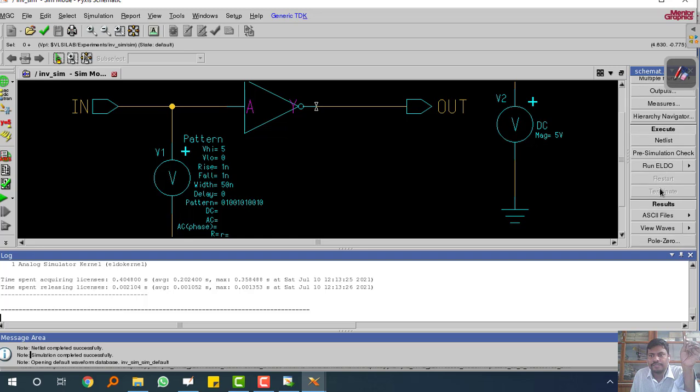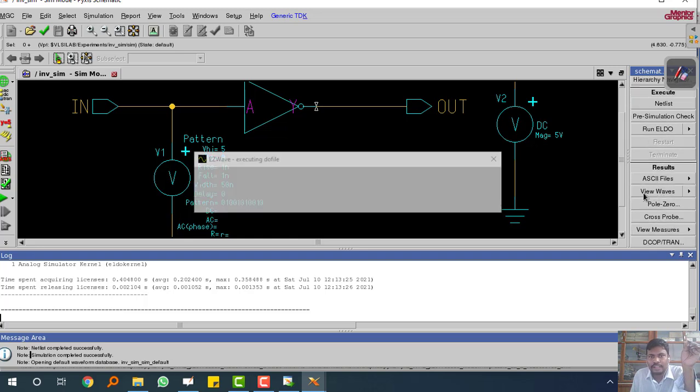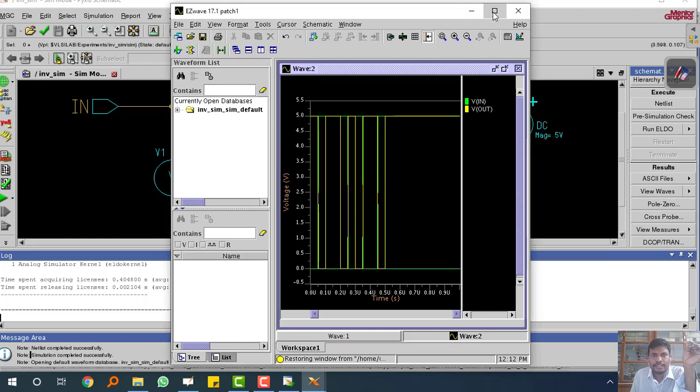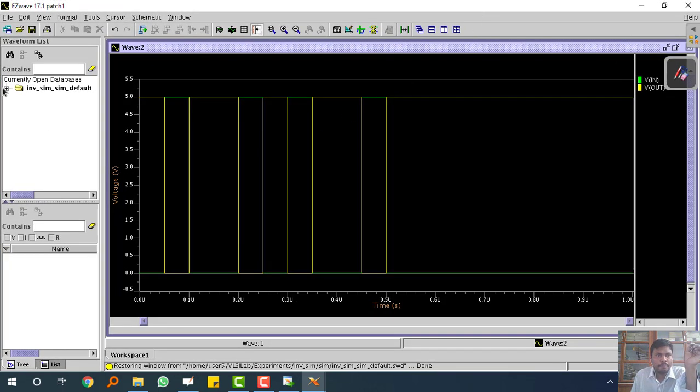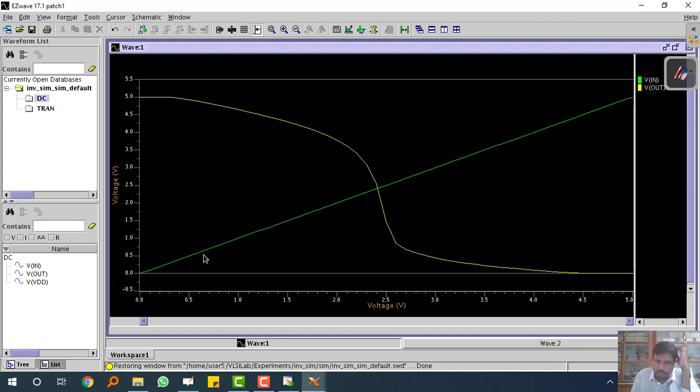Now I'll check view waveforms. You see here we take DC analysis. See, as Vin increases, Vout decreases.